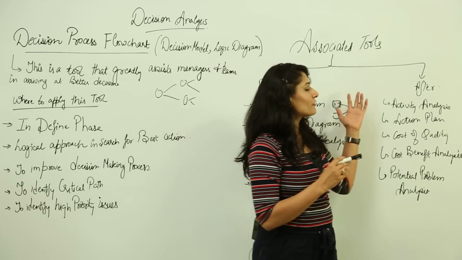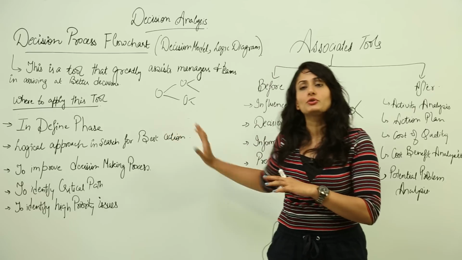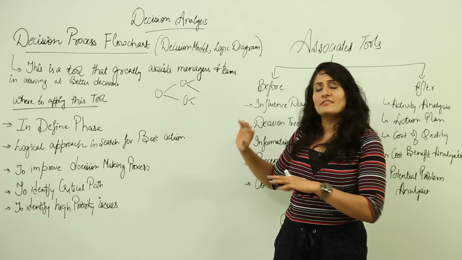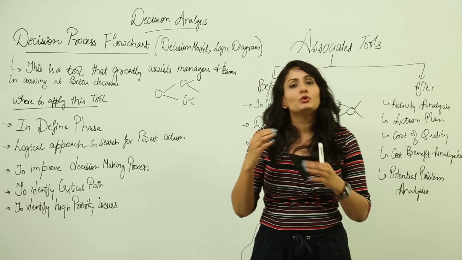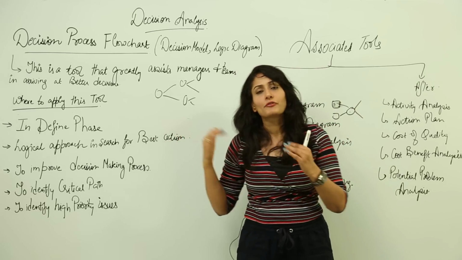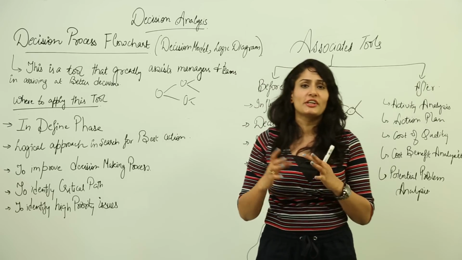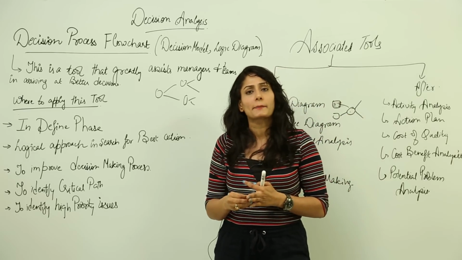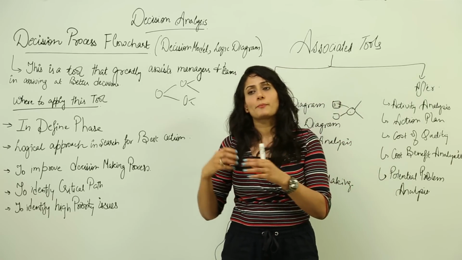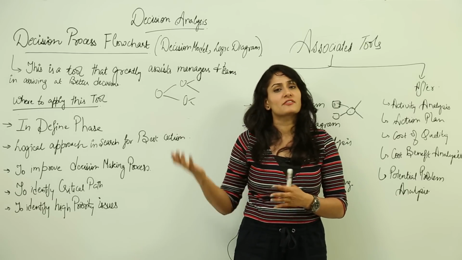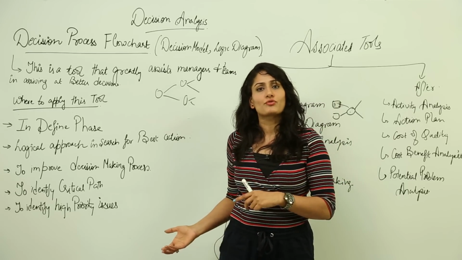So after having the information of associated tools, let's look at all the varied fields where you can use this tool, right. Since it's decision making, and I've already told you that whatever you are doing, you will find yourself in a place where you have to take decisions. So this tool is used in research and statistics, in R&D departments, in project management, change management. It is used in support services like customer support services, sales, administration. So there are many fields where you can use this tool.